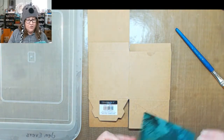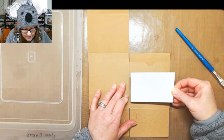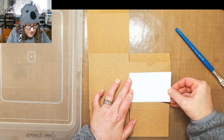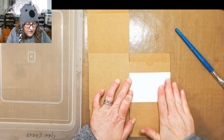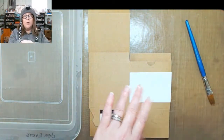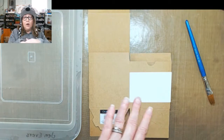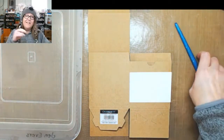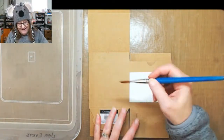Not my favorite way to do it. So I'm going to put it on this part. And then I'm going to add the water. Like I said, it's like those old tattoos where you put it on your skin and then you wet it down and peeled it off. Or some of us didn't have water, so we licked it until... Not a good way to do it. I'm not saying I would suggest that, but...